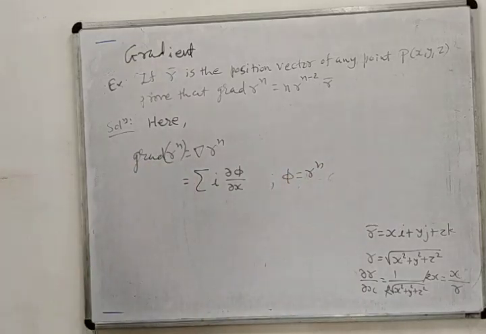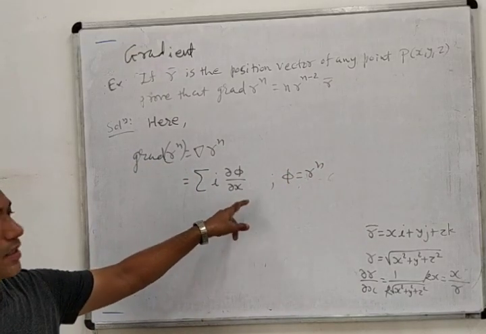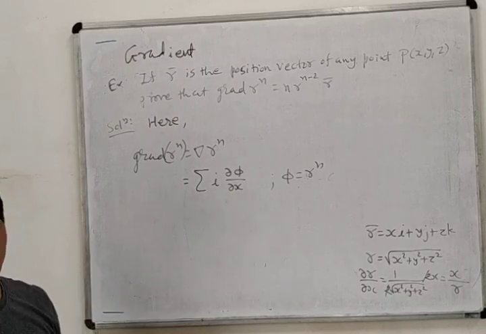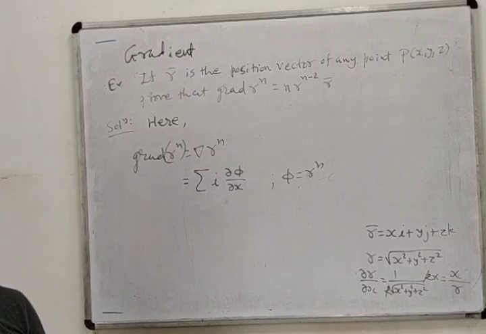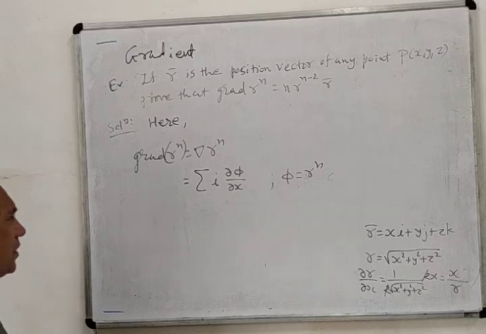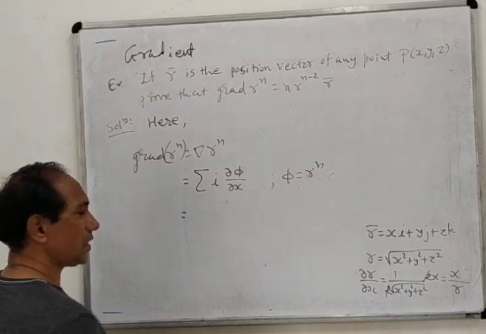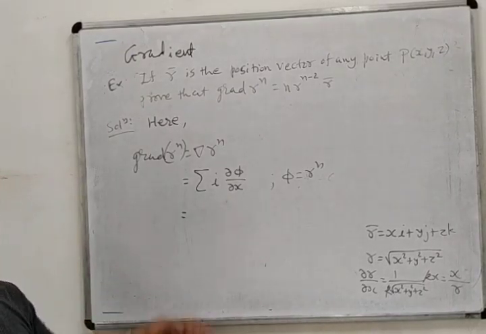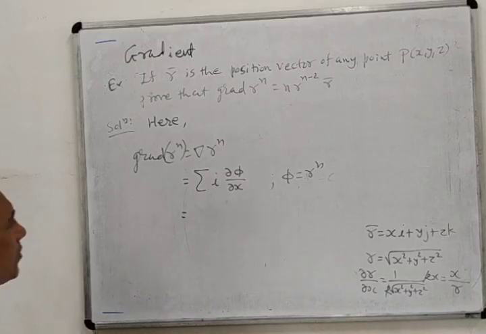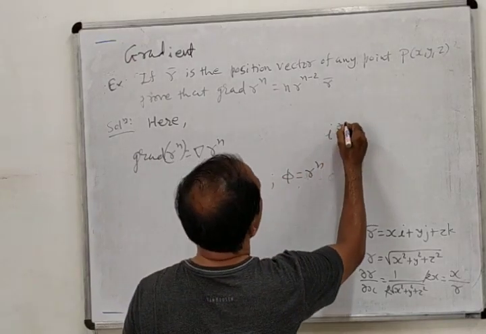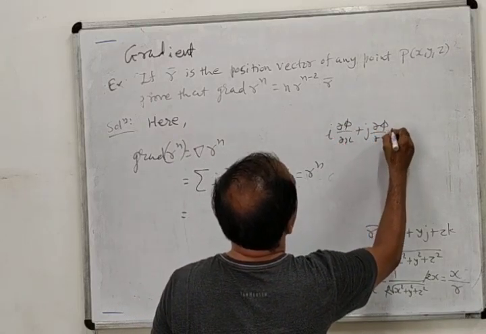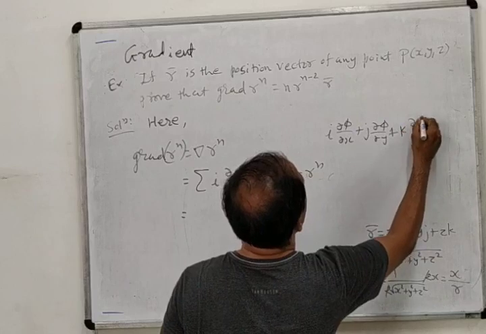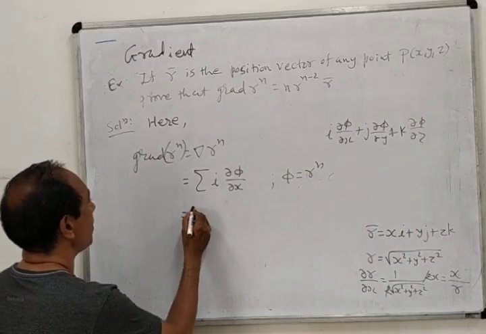r raised to n. Why? Because it is symmetric form. So only we require to find out one derivative. Then other derivatives we can obtain by replacing x by y, y by z like this. Okay. So no need to find out each of the derivatives repeatedly. Otherwise, if you don't know sigma system, then you can find out all the derivatives. That means you can write down this as i into del phi by del x plus j into del phi by del y plus k into del phi by del z. Okay. But here I am using this one.